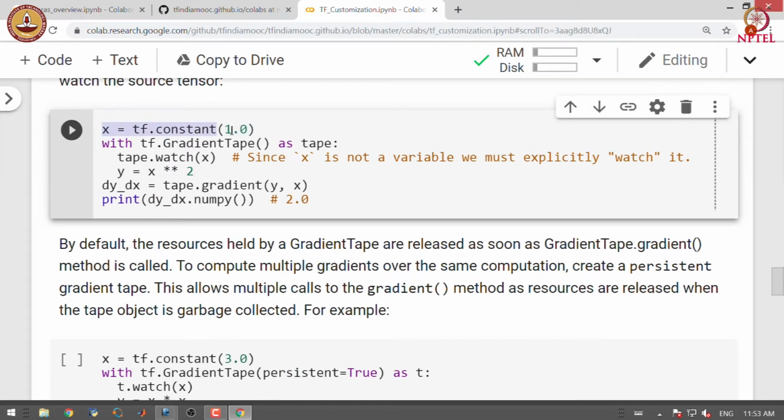Here x is a tensor and we raise the power of x by 2 to get y, and now we are interested in calculating the derivative of y with respect to x. Note that x is a tensor and y is also a tensor.